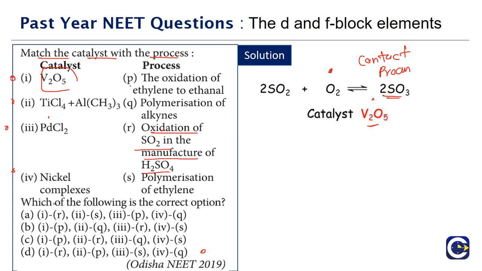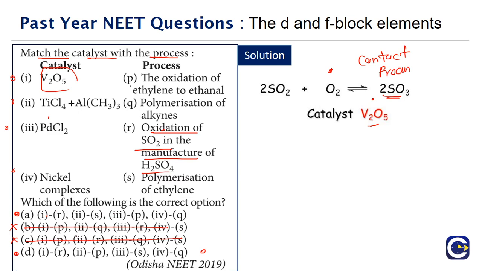So if you look at these matching options, where is 1 matching to R? It is there in option A, 1 is matching to R. It is there in option D, 1 is matching to R. Options B and C are incorrect, because option B says 1 is matching to P, and option C is also saying 1 is matching to P. So straight away we are able to cancel 2 of these options, and now our correct answer is in between A and D.